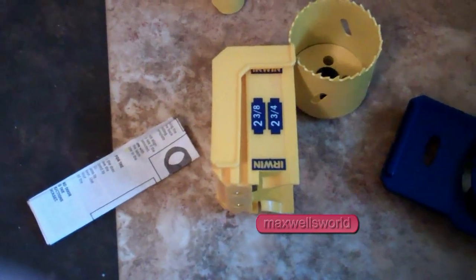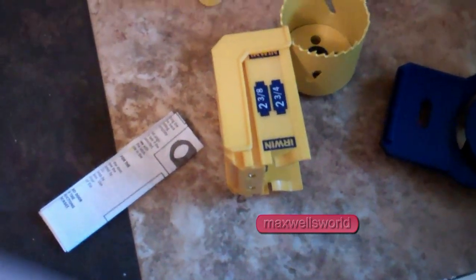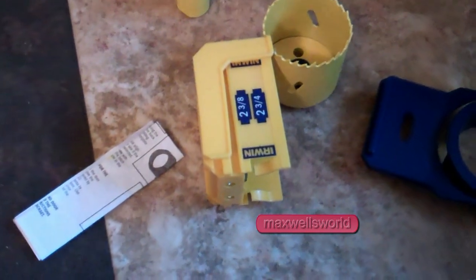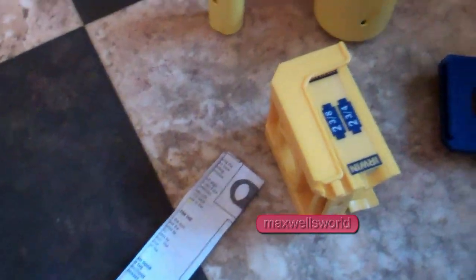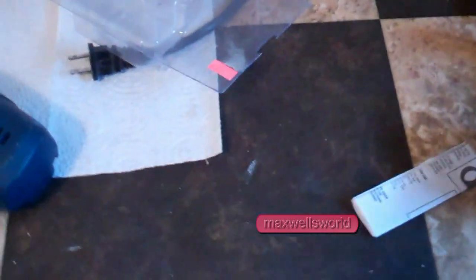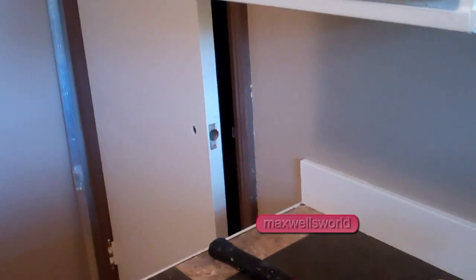Because I've had the ones for metal doors only, trying to drill a hole in a thin piece of steel, and it didn't work out too well. It ended up chewing all these little tips off, and it was not for wood, it was for metal. So sometimes you gotta buy a new one in order to replace the old one you kind of broke. So guys, of course, we'll get everything set up for this door,